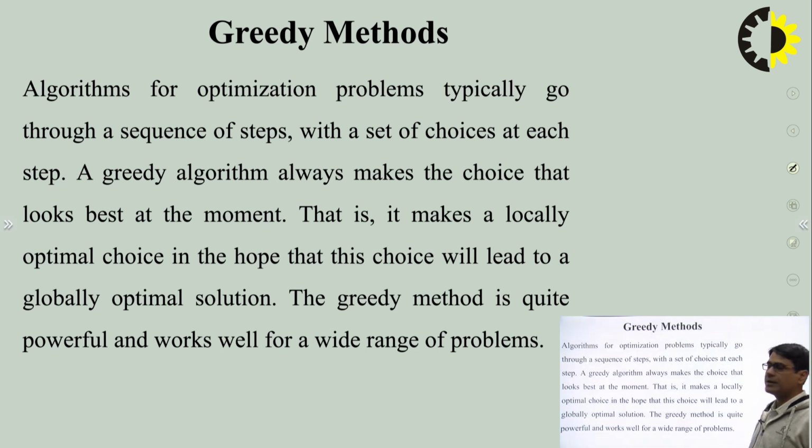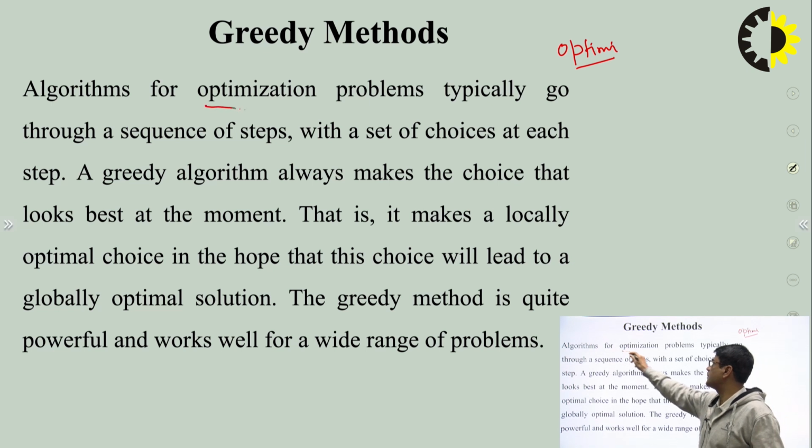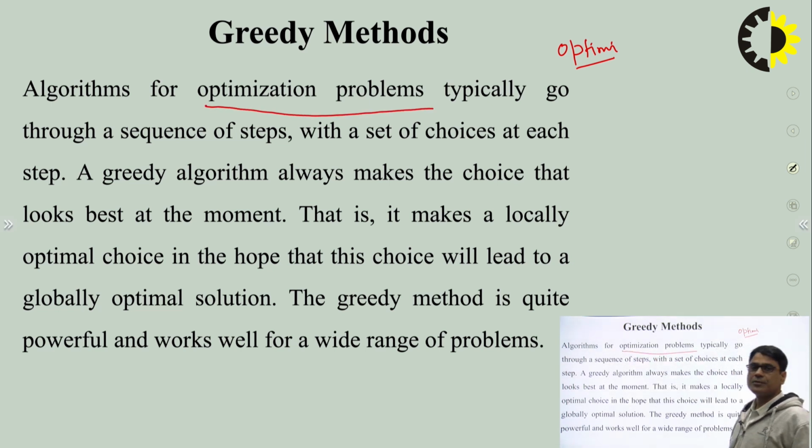So if you are talking about greedy methods, these are algorithms for optimization problems. So firstly we try to understand what optimization problems are. What are basically these optimization problems? Optimization problems are those problems in which we have a number of solutions. Out of that, the particular solution which generates the value either maximum or minimum is basically called the optimization solution. Means there is no single solution, multiple solutions are there and we have to choose the best